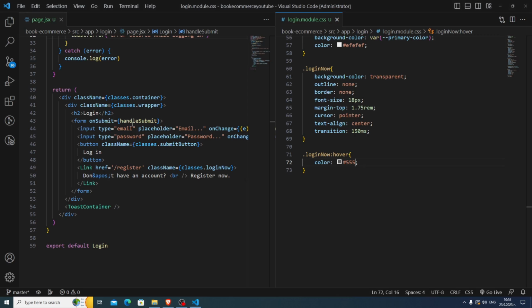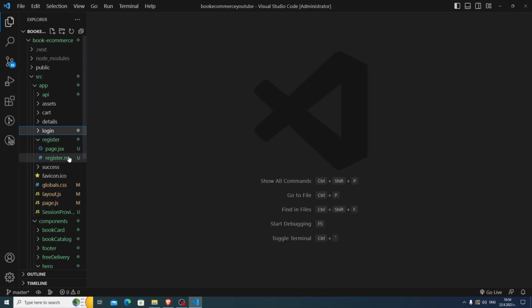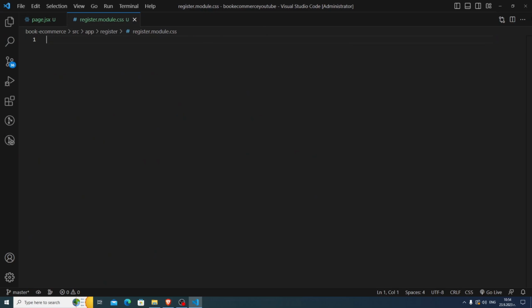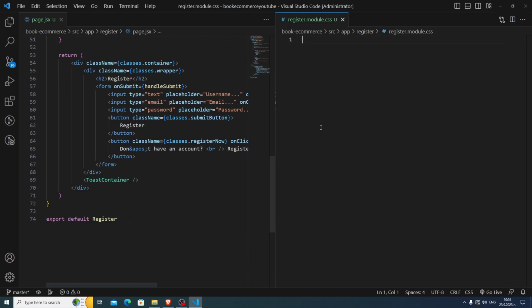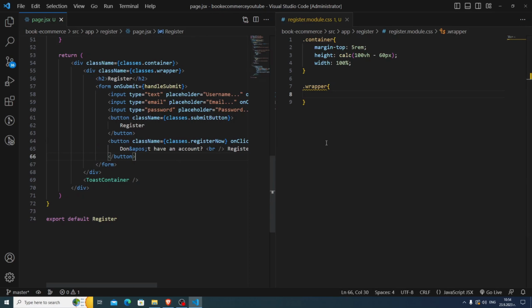Nice. So let me go here to the register, the CSS for the register, and let me type the CSS, and then we're going to test them. So here, let me open them, again, split the screen, and let's start typing the CSS. So the dot container is again margin top of 5 rem, height is calc 100 vh minus 60 pixel. They are almost similar, but they have some different things. That's why I don't want to copy paste them. And then width of 100%. Then, oops. If you want, you can copy paste them and see the differences basically with those class names. And here, width of 85%,